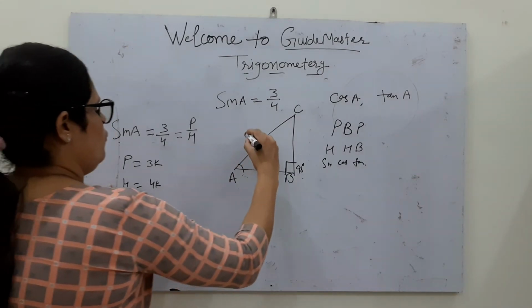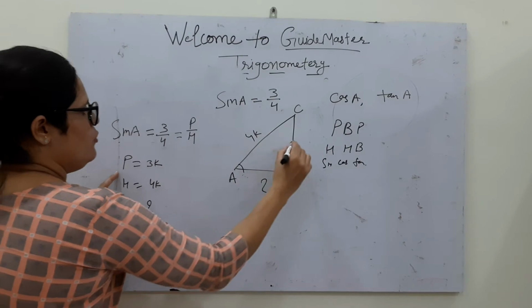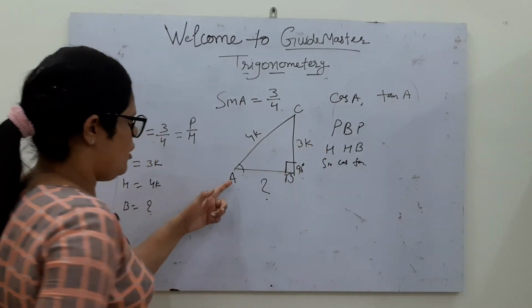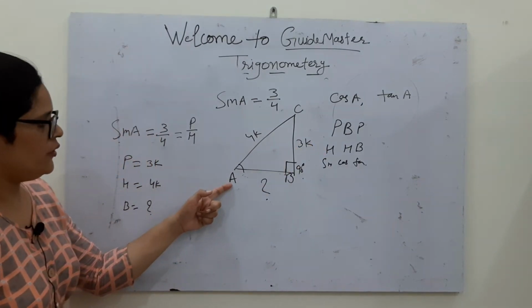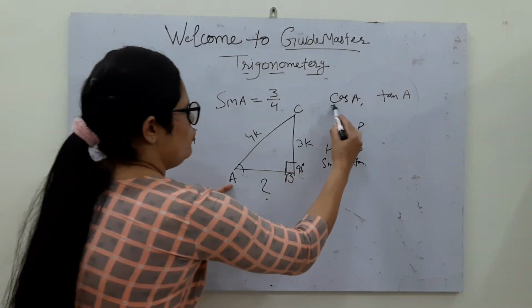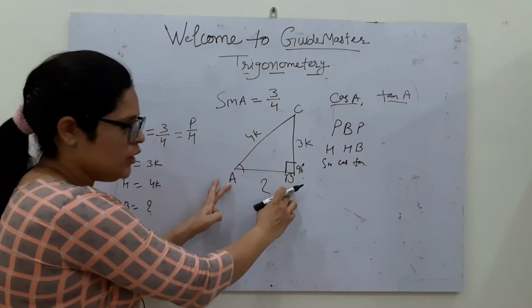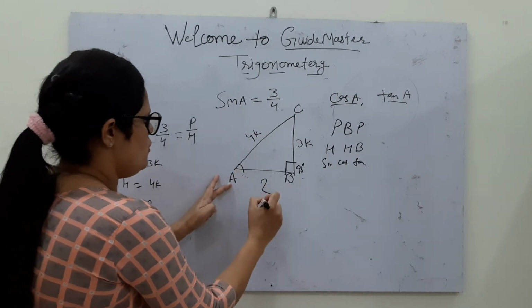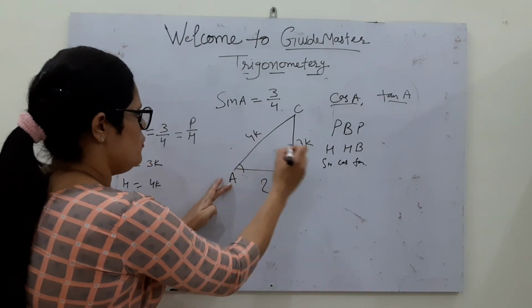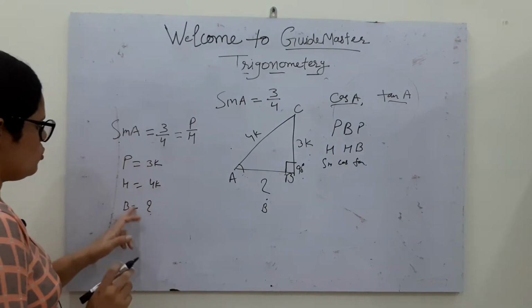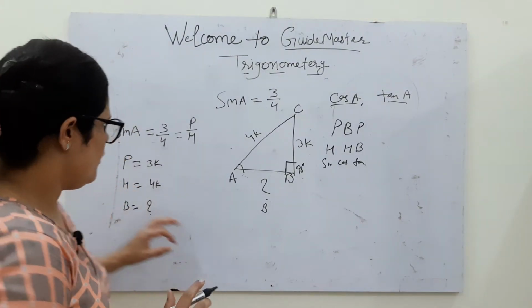Then this is 4K and this is perpendicular to CK. Now we are considering angle A, and we have to find the trigonometric ratios of angle A. Angle A is formed on AB, so this is the base, this is the hypotenuse, this is the perpendicular. So by using Pythagoras we will calculate